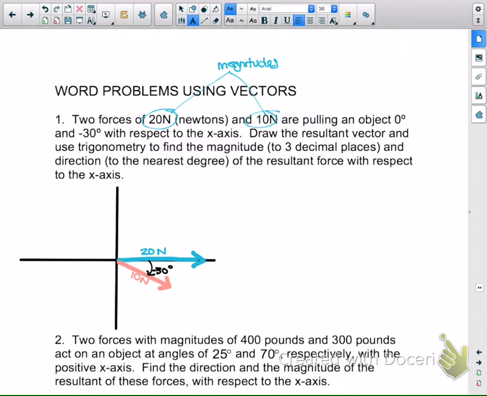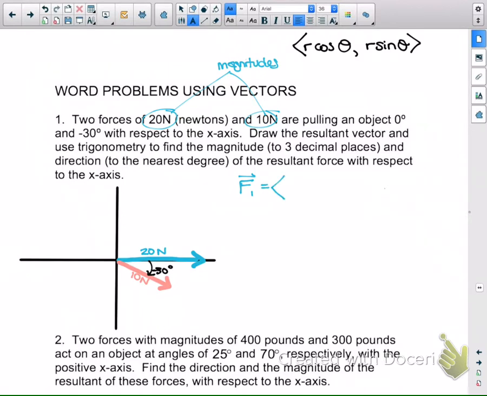So what we're going to do with these then is set up vectors for them in component form. Just reminding you of a formula that we did last time. To find component form using magnitude and direction, we did r times the cosine of theta, r times the sine of theta. So we're going to find two component forms. I'm going to kind of color code things here for you. What I'm going to call force 1,